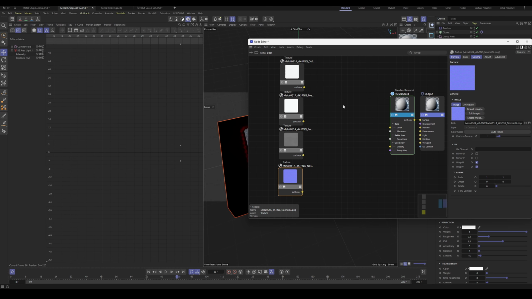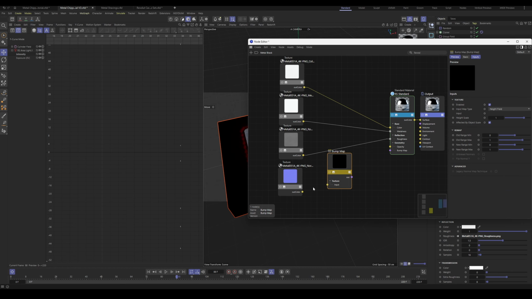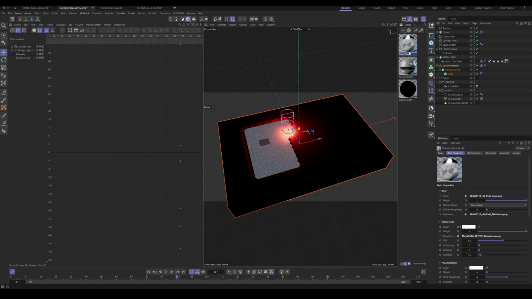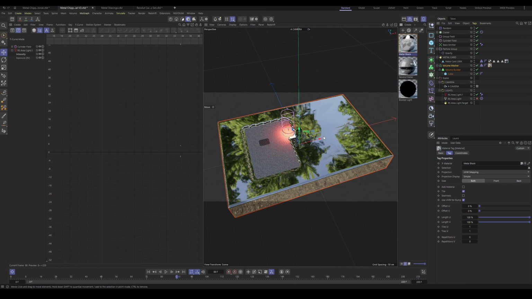But these are the four maps I used from my download. So I'll hook up the color, metal, roughness, and then we'll spawn in a bump map, hook that up, and change the input map type to tangent space normal, and plug in the bump map. Now that's done, we can drag and drop that onto our metal block, and it's not going to work immediately